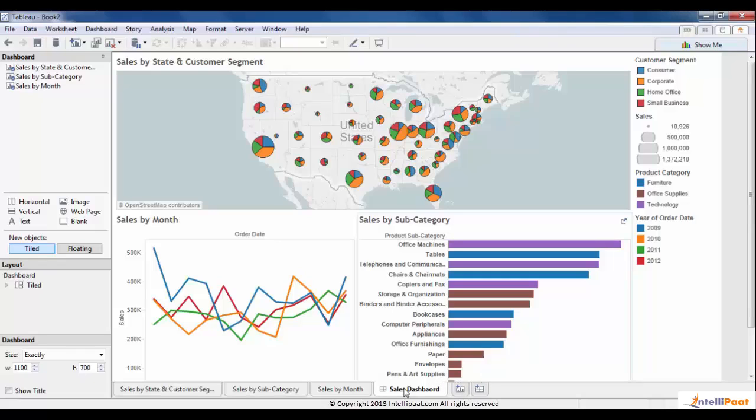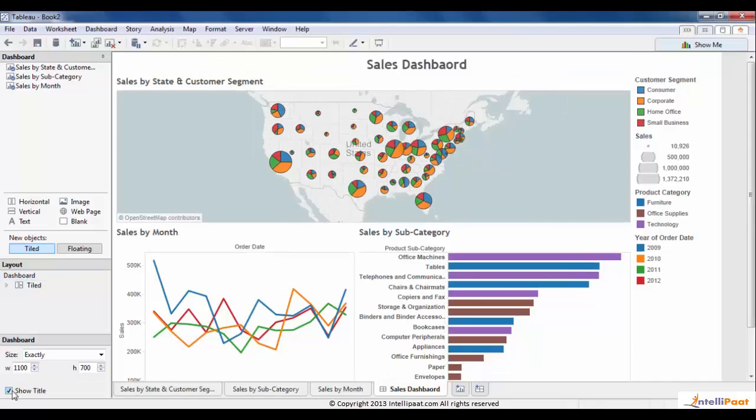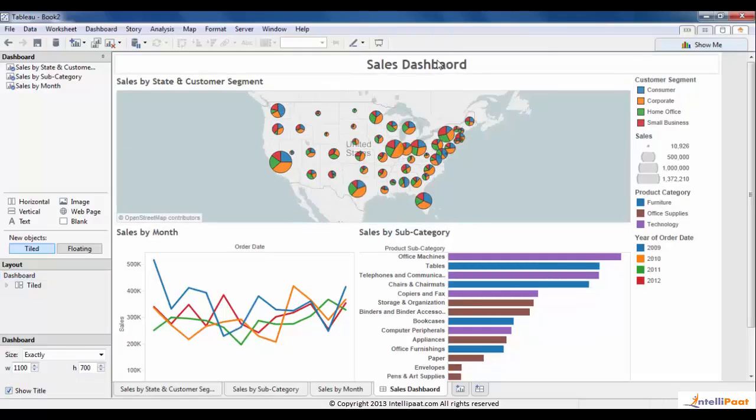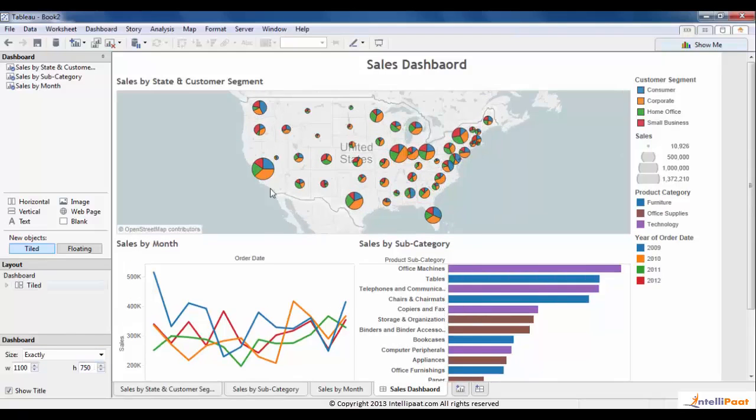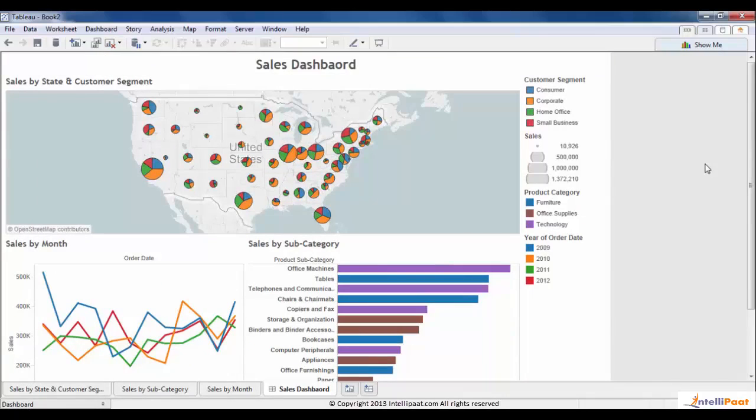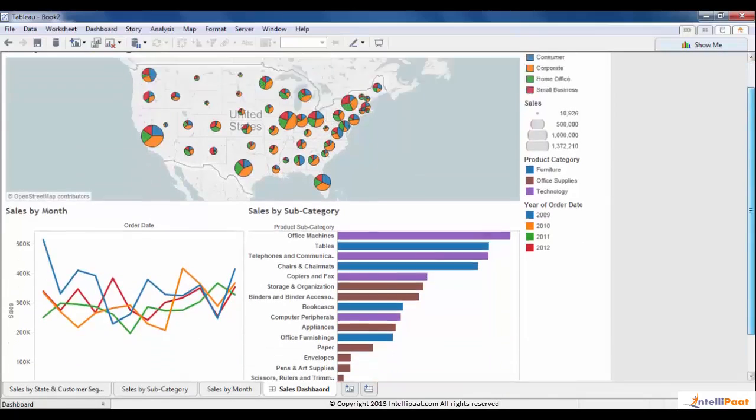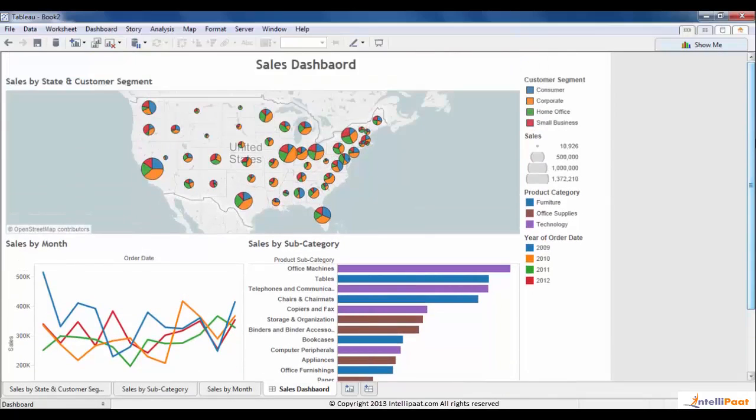Okay, so now we have the sales dashboard, and now let's do something over here. Now just give it a title. Now see the sales dashboard also comes up here. Okay, so that's cool. So I probably need to increase the height a little bit, so that it looks good. Okay, cool. So there you have a dashboard, but still it doesn't look complete, because we have our